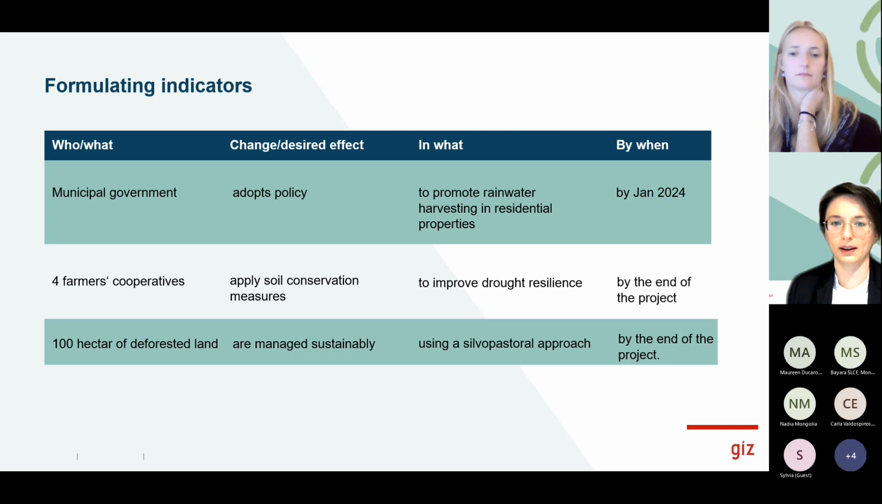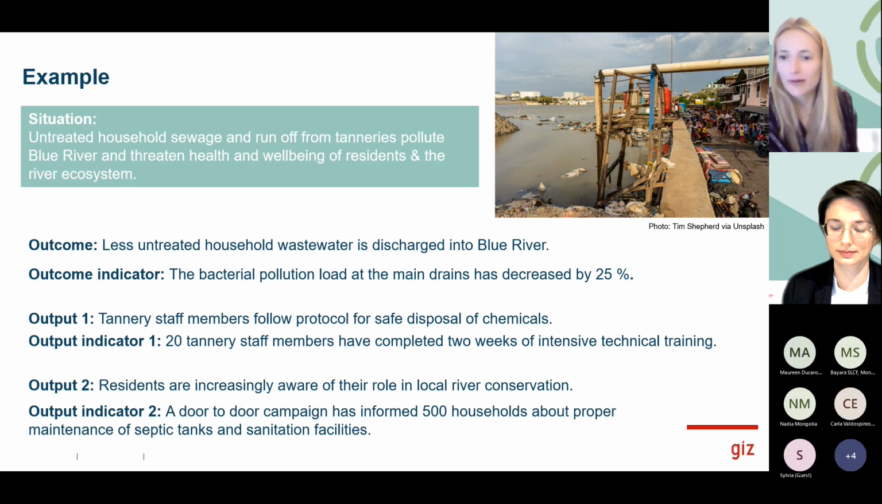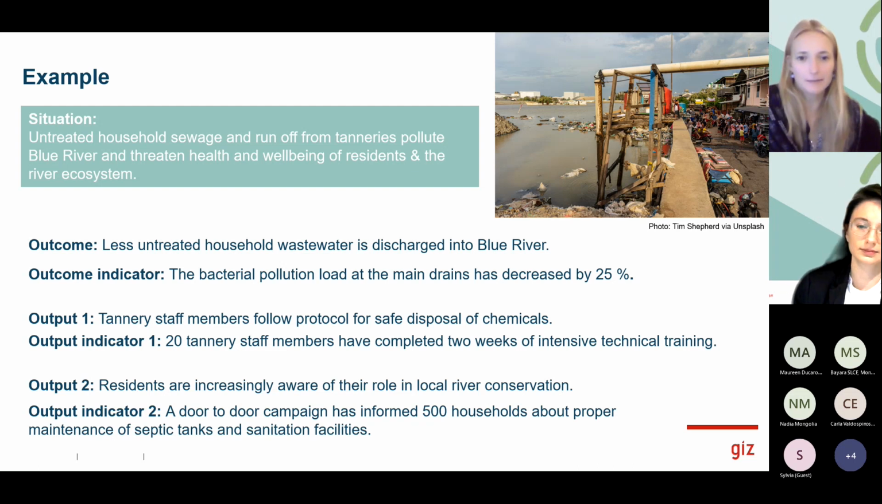Okay, but we are now coming back to the example with the river. Laura is again explaining what happens here. Now we see it a bit more practical again. So I just want to go through this example again and let you know what would be possible indicators. So I think you remember our initial situation, and then we had agreed that an outcome might be that